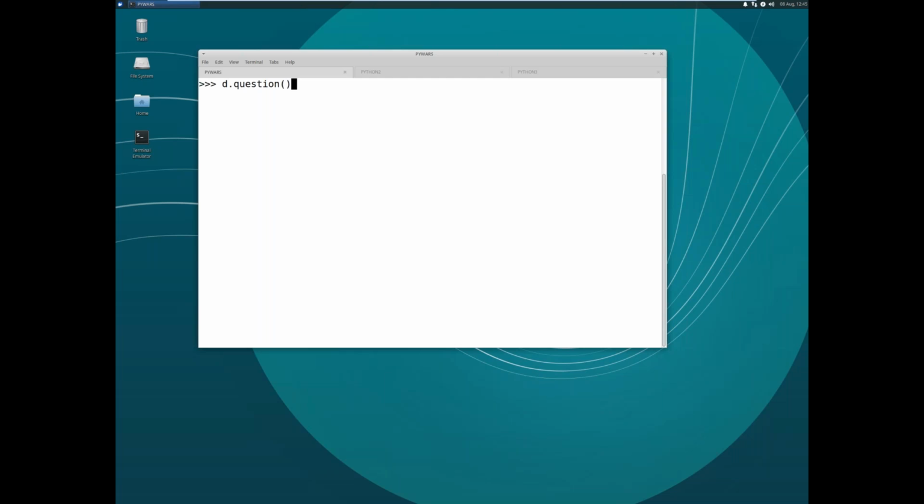In this case, d.question is called a method. It's a piece of code that's attached to a variable. So I'm going to call the question method, and I'm going to tell it I would like for you to give me question 0. So when I press enter here, the pyWars client stored in variable D goes across the